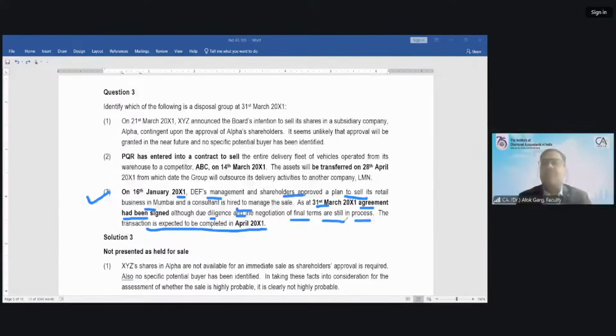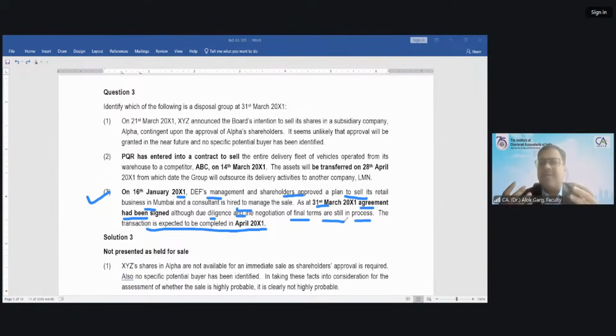Normally what happens when you do these kinds of sales or acquisitions, due diligence is part and parcel of the process, right? But largely the seller and buyer are aligned. They have entered into the contract, and basically they have told each other that principally we have agreed, and until and unless some big problem arises, we will not back out. Okay.